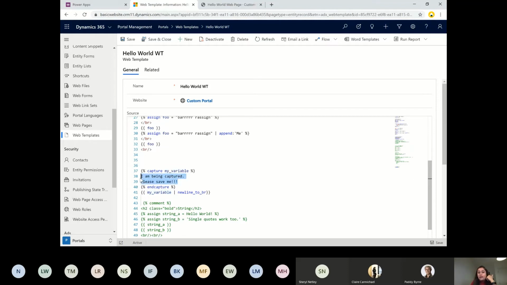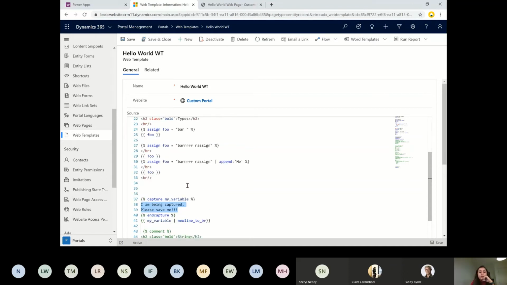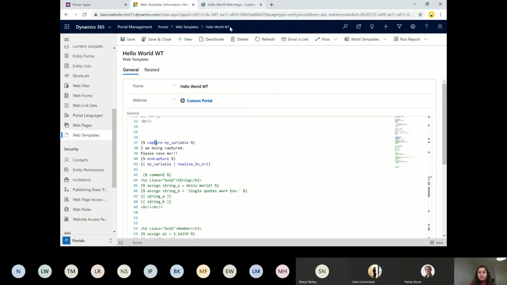If you have a lot of string in between, we can do it like that, and to break a line we are just using this, so it's displayed as such. Generally for assign we will not have this much string or any paragraphs. If we have some paragraphs to be displayed somewhere, it's better to use capture, because this syntax is basically meant for that.